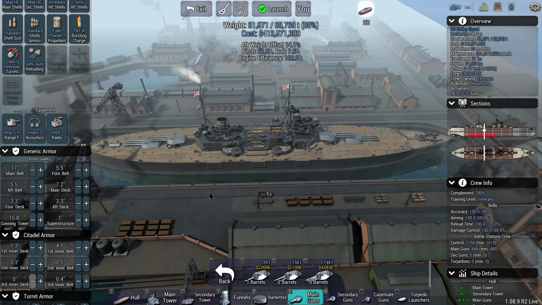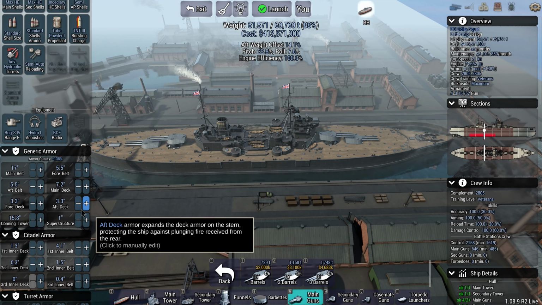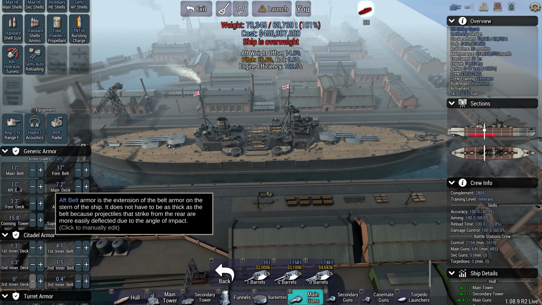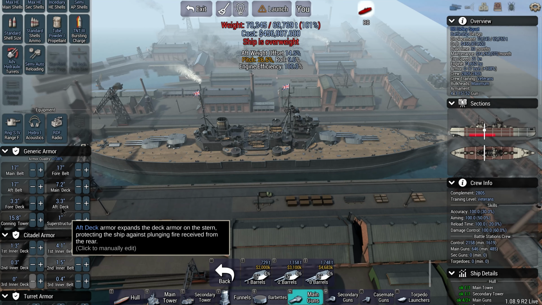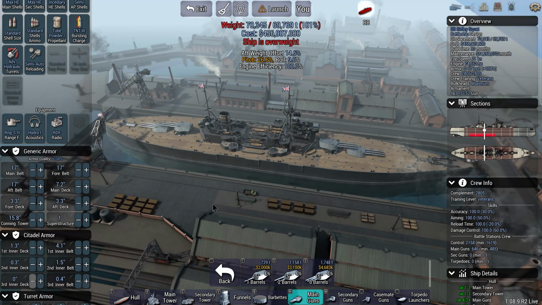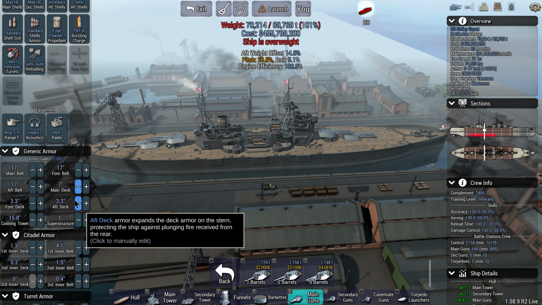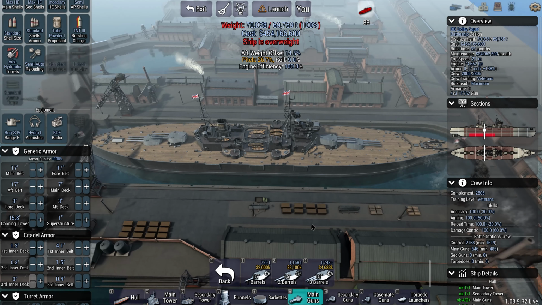We're going to build the rest of this the way we are, as long as we have a minimum of 1.6 inches of deck everywhere. Right? So, yeah, I mean, we're literally fine at the moment. Can we go 17 inches of fore and aft? We're overweight now. Okay. So 17 inches of belt armor everywhere. We can drop this back a little bit. We do have an aft weight offset, which is to be expected, I suppose. If we move this forward...